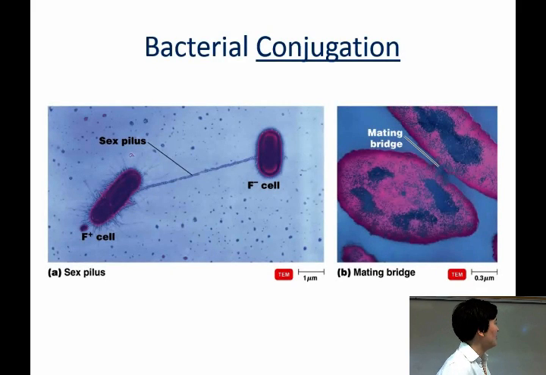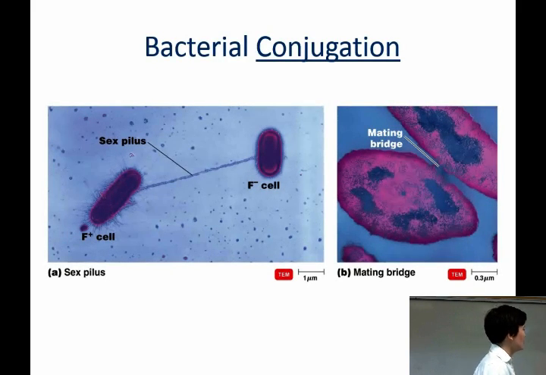Okay, bacterial conjugation. So there's two forms of bacterial sex. Gram-negatives do it with pilus. What they do is they have genes that make this special pilus. And you remember, the pilus is